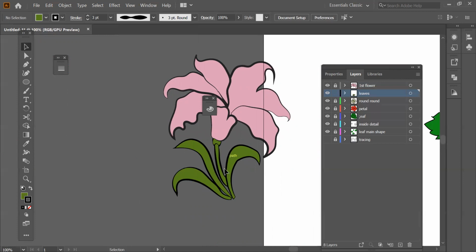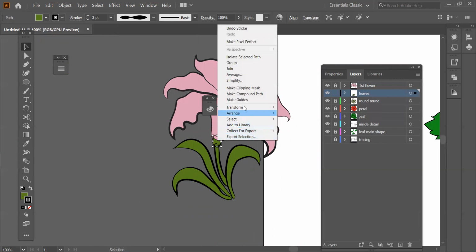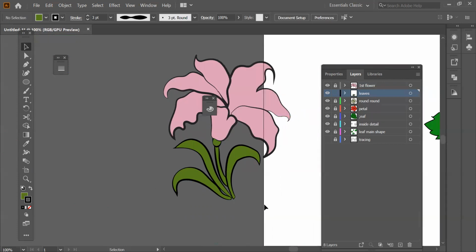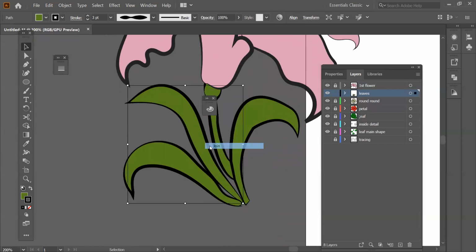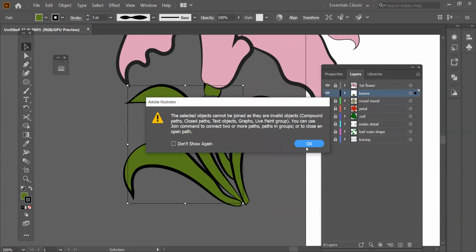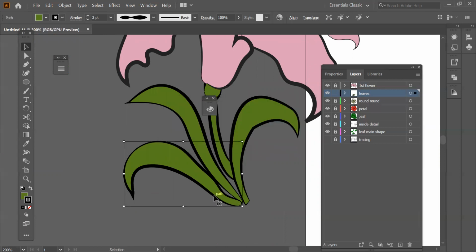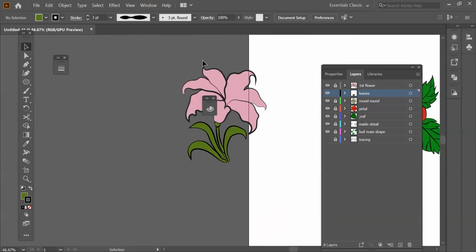Now if you want to get something in the front, like this one, I want it in the front. So right click, arrange, bring to front. Now can you see this is one in the front? This one is nicely placed. Sorry, I did something. Okay. This one is also nicely placed. This one is also, everything is nicely placed.